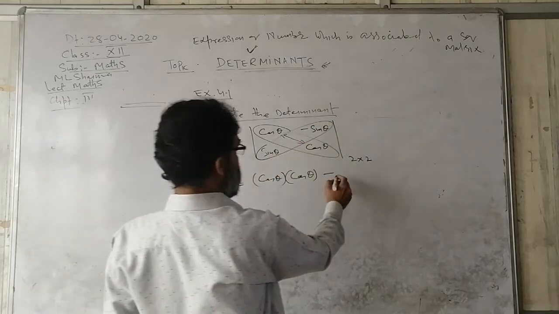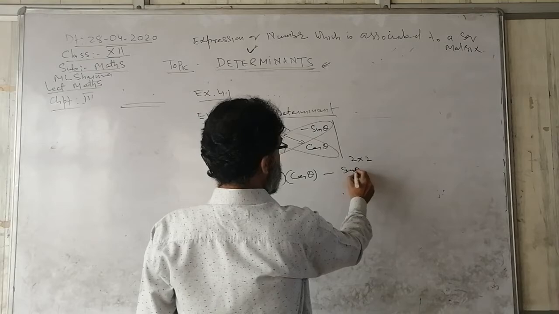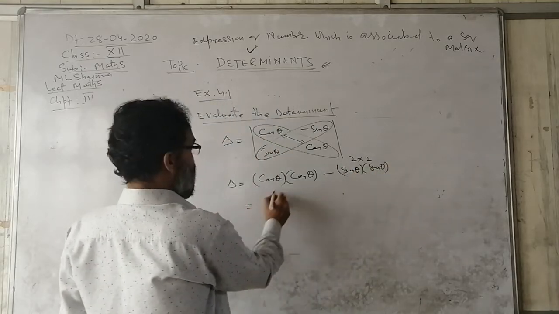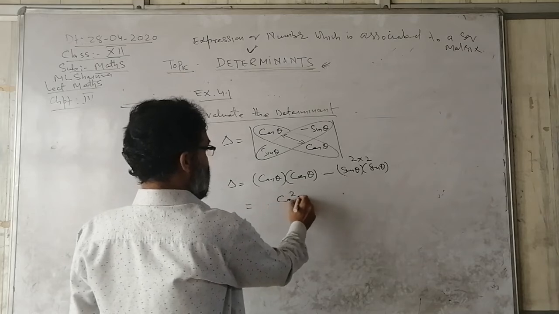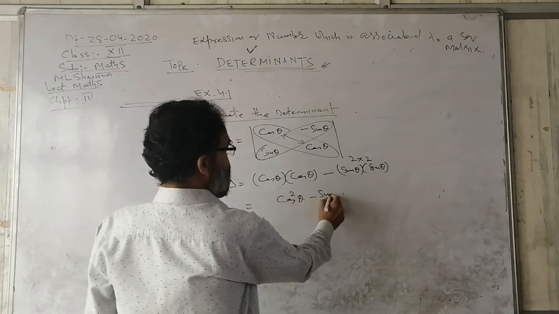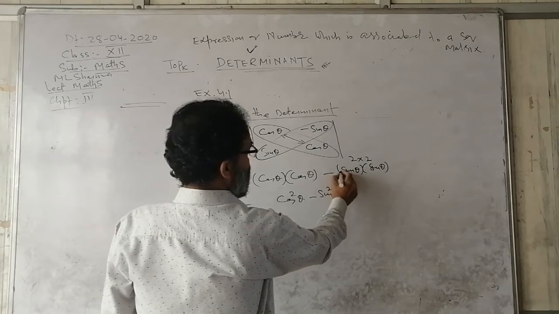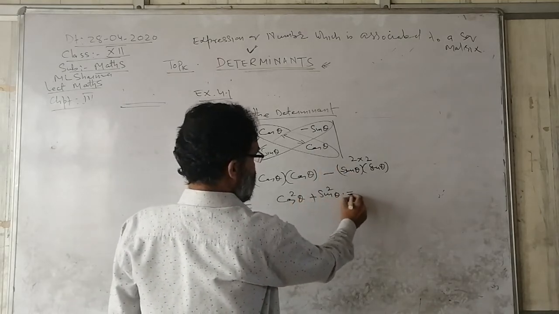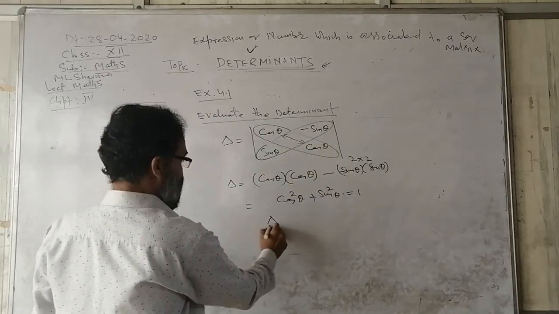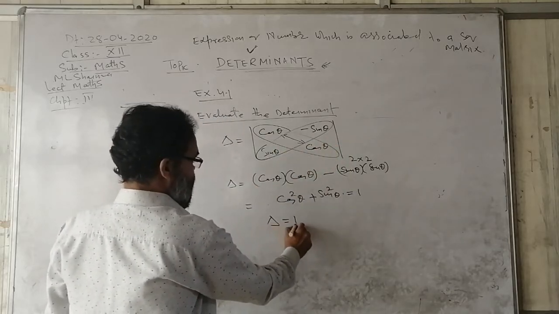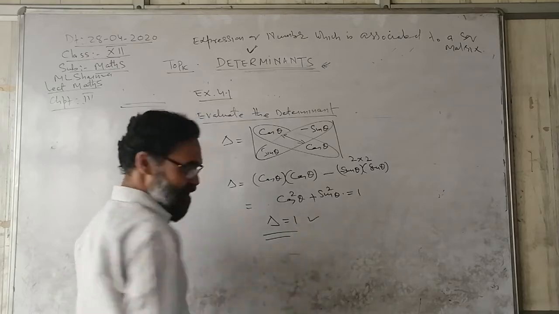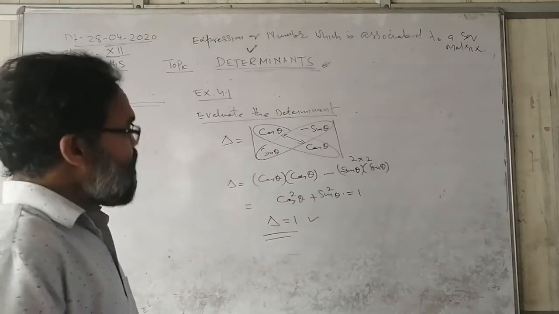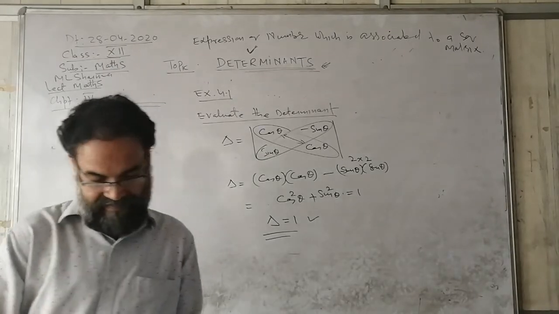The reverse diagonal elements are sin theta, again sin theta. So this will be cos square theta, then sin square theta. Here I should have a minus sign, so minus and minus will become plus. So this is 1. The value of the given determinant is 1. In this way we calculate the expansion of the determinant. So next,